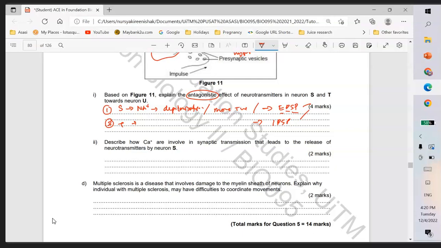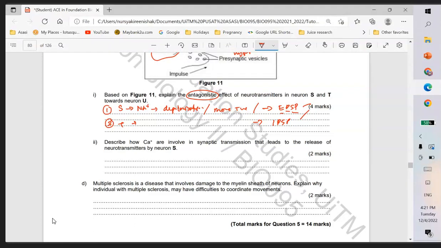So when voltage-gated calcium channels open, calcium will enter into the synaptic terminal and causes the membrane to be depolarized. So this causes the vesicle containing neurotransmitter to fuse with the plasma membrane of the synaptic terminal, releasing neurotransmitter into the